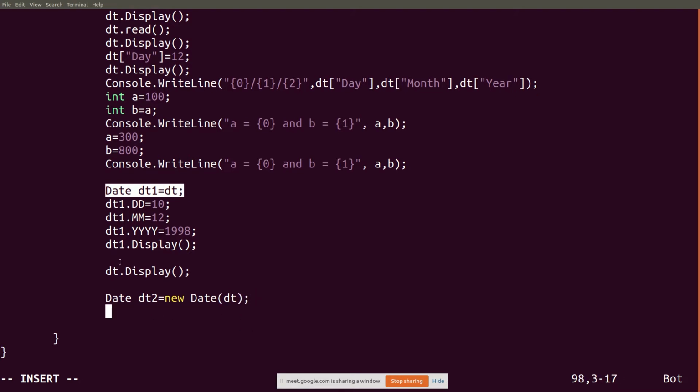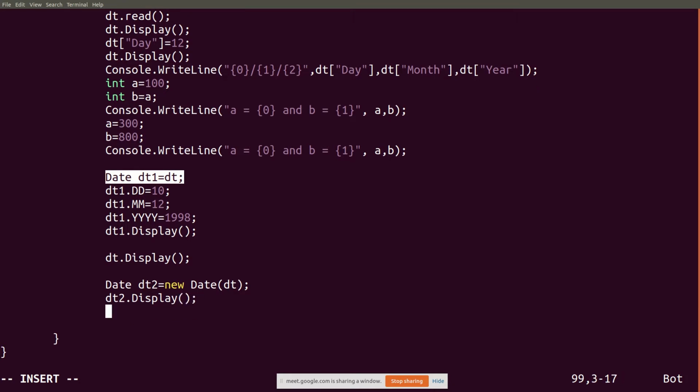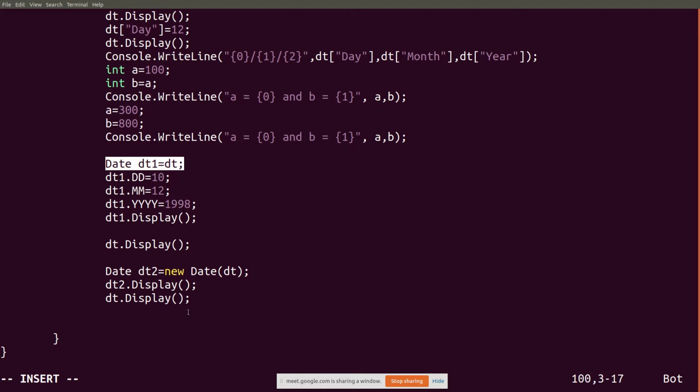Whatever is the dt value, that will be copied here. So you can simply say now dt2.display. You can try displaying dt also. So when you display, both dt2 and dt will be having same values.